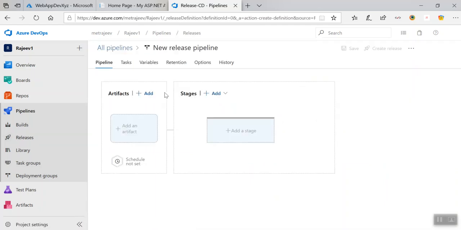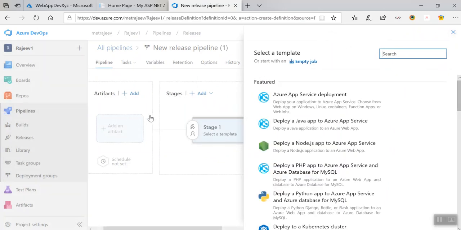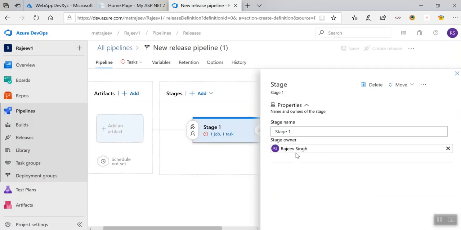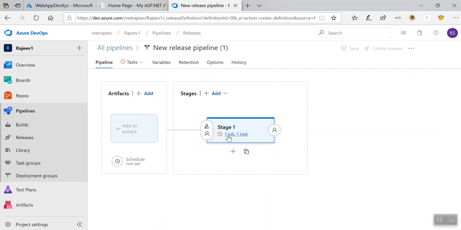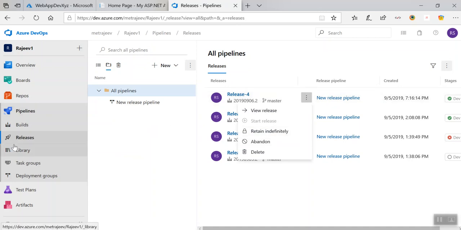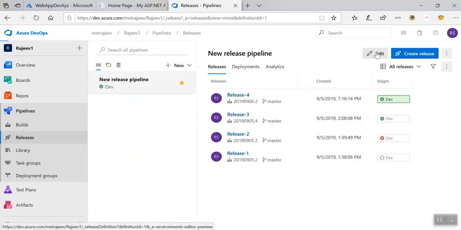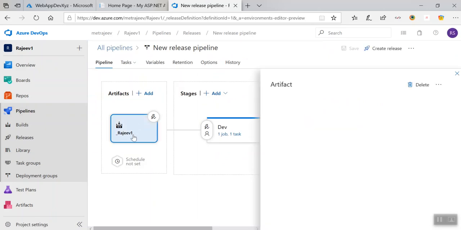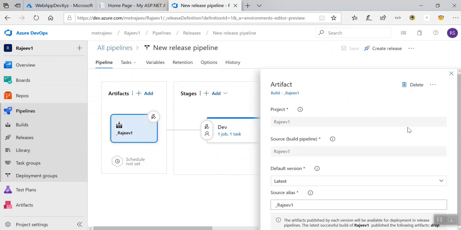Again, if you do from here, you will see what we need to do in settings. As I said, artifacts we need to add, what kind of artifacts, for example we'll be doing app service deployment, and you can create one like dev. Now you can create for staging or QA, and there are other factors. So before we do that, let's understand what we have done for the existing one. So I'll simply go over here, in the releases, check one of the few and just demonstrate what is there. So we'll just go through the settings which we need to do.